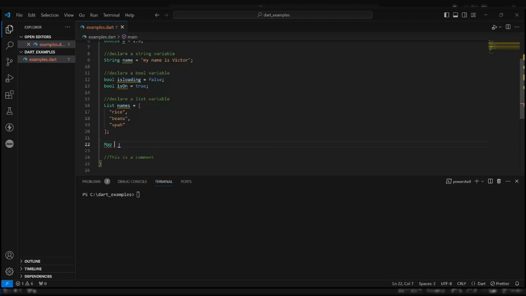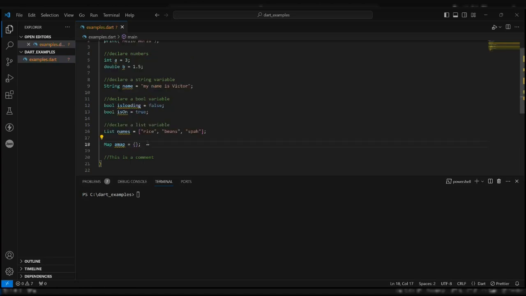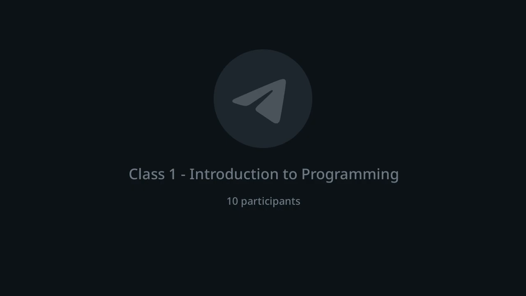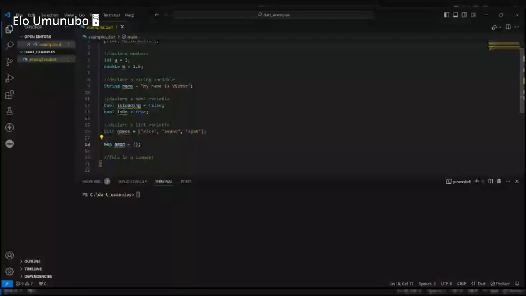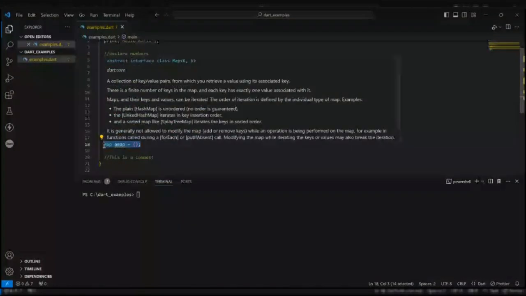Map. Let's say a map. All right. So this is how you declare a map. So it's a key value thing.